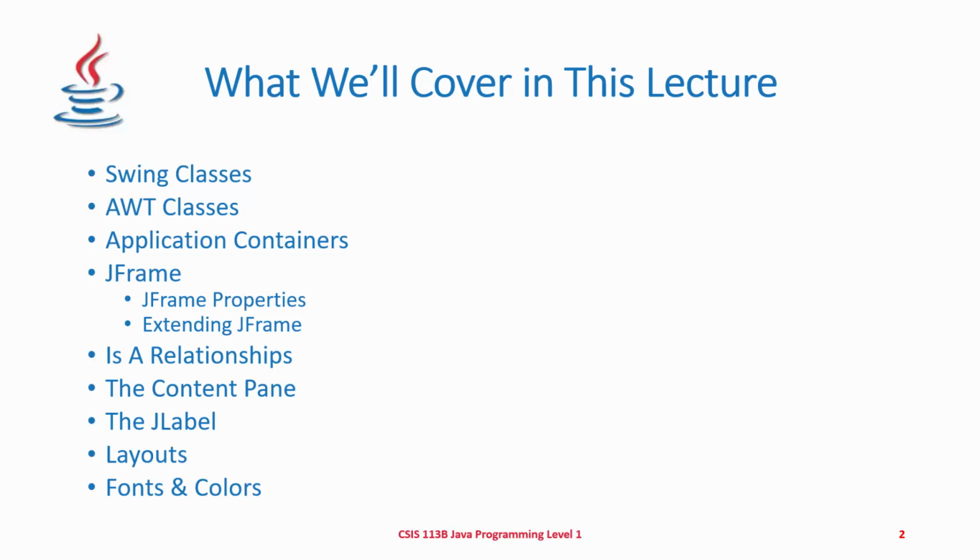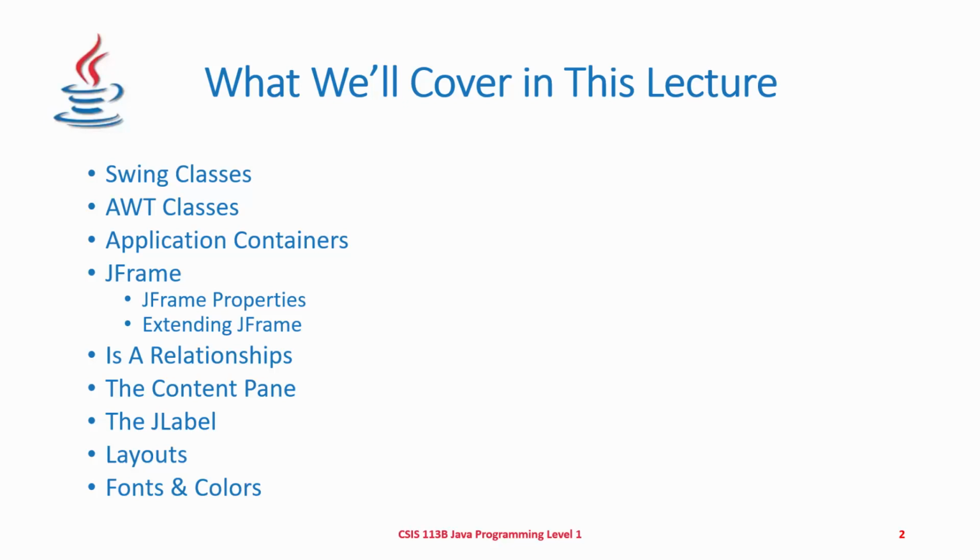We'll introduce you to the JFrame. We'll show you how to extend your class to become a JFrame so that it inherits all of the properties from the JFrame class. And then we'll talk about JFrame properties as well. And we'll introduce you to an object-oriented programming concept referred to as a relationship, which essentially you'll see that when we extend our class to become a JFrame, it becomes an is-a relationship. So your class that you're creating at the point that you extend it to becoming a JFrame is a JFrame